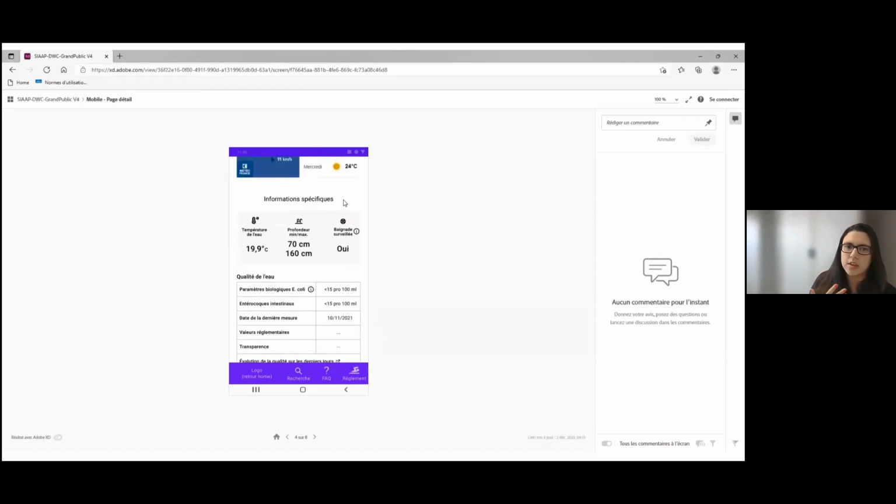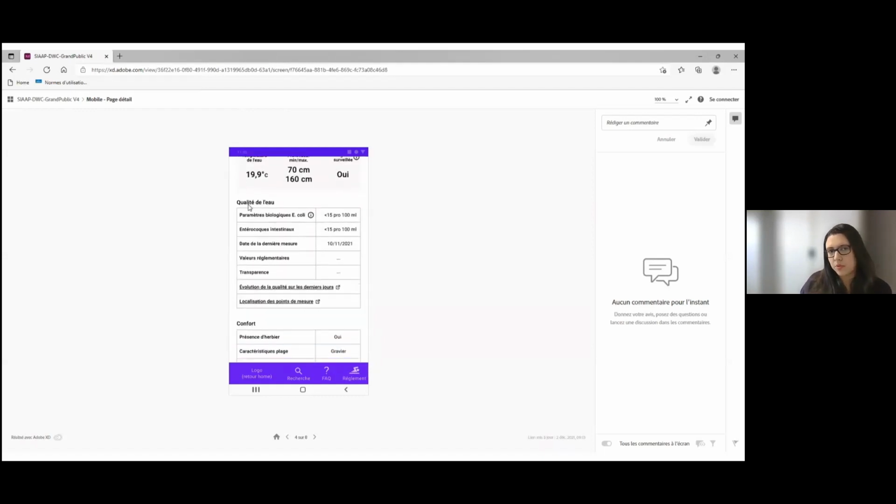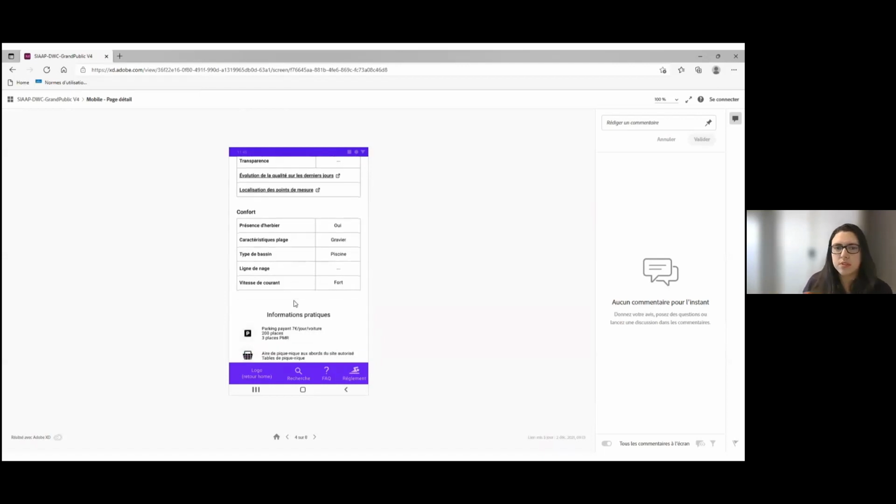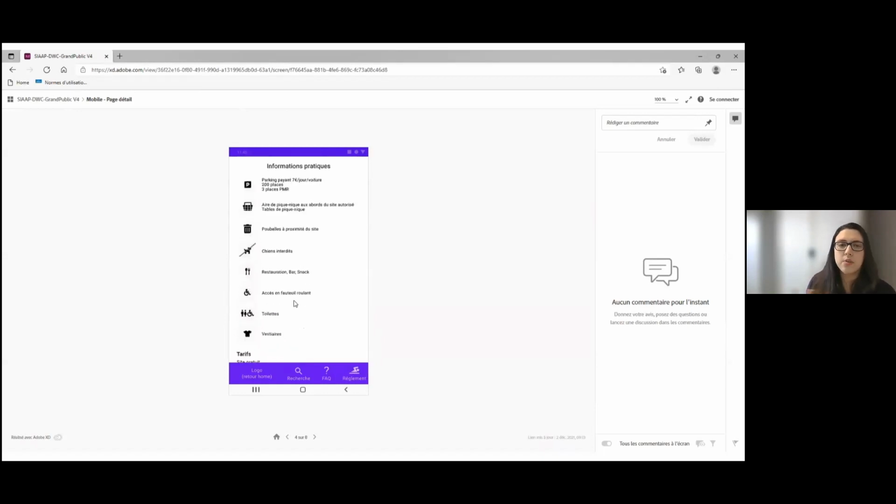Then we have several types of information to be displayed. Specific technical information like water temperature and depth, whether there is a bathing watch, and the comfort: is there vegetation? What are the characteristics of the beach? Gravel? Is it washable? Is it sand?